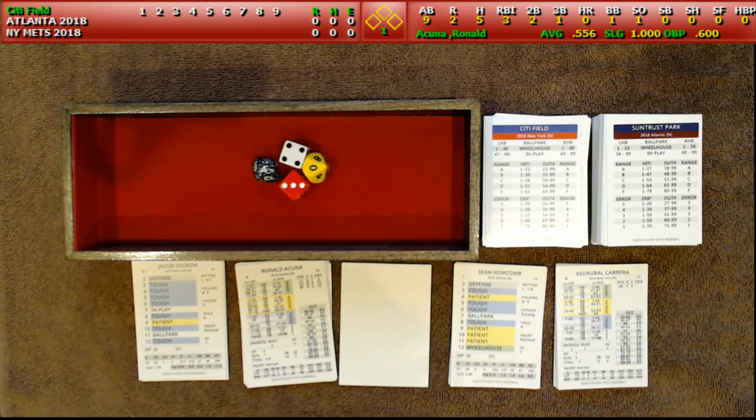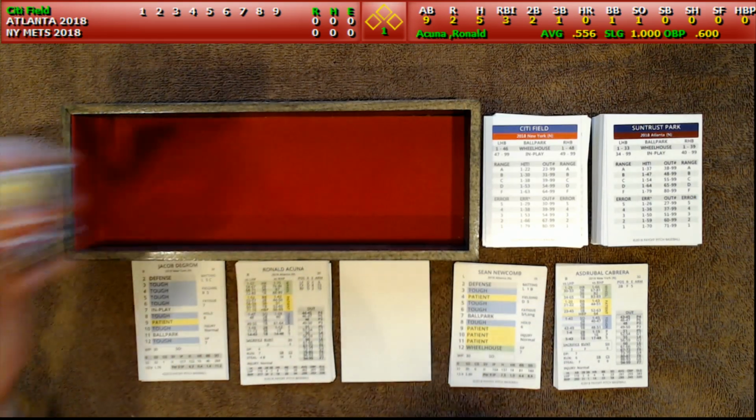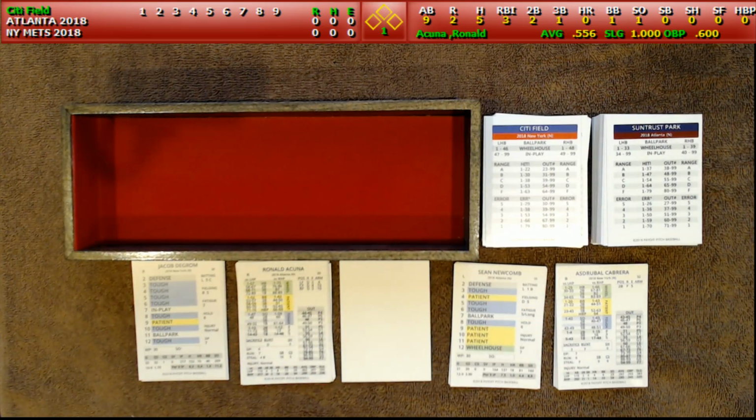23,528 fine folks showed up for this game. So Ronald Acuna Jr. is batting .556 so far early in this season. Game number 28, 5 hits in 9 at-bats. Again, we lost all of our data from the first 26 games. If you're just joining us,